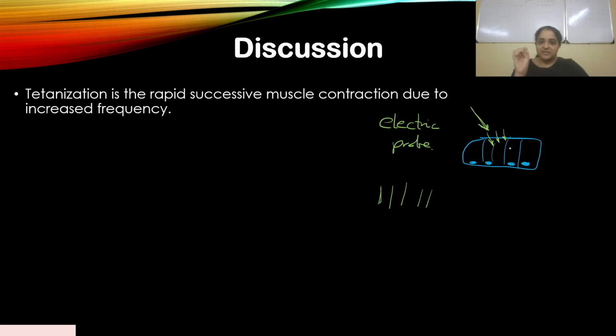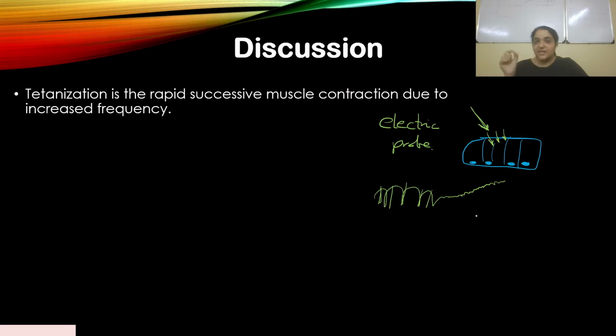That is the rapid successive muscle contraction that is happening. Every time I put that probe there, and now the frequency has increased and I'm doing it quickly. When I'm doing it slowly, my frequency is less. It's okay, it's slow. I can see the muscle twitch individually. You can see it very clearly. But as I'm increasing the frequency, what happens? Then you can't even differentiate between muscle twitches. Before any rest, it starts stimulated again. That's when it contracts again.